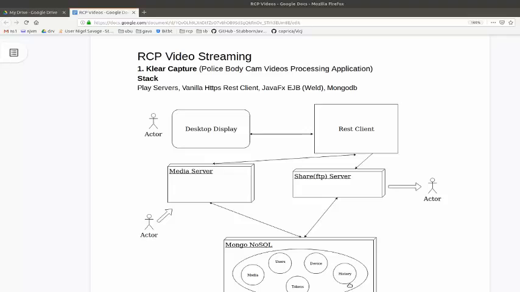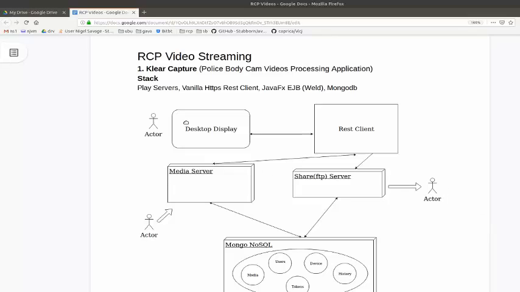as we demonstrated. So now, when we load up our desktop client, it goes out via REST client API, gets all the videos which we can then filter based on the crime types, the users. We can filter on various attributes. And we have the particular videos in our display. We select the video, edit the metadata, create segments, bookmarks, change attributes as to the name of it, what sort of a crime it was, what actions need to be taken, just various metadata. Save that, goes out via the REST client API, updates in the Mongo database via the media server, which syncs with the shared server so that the edits for the video can go out to different actors in the legal